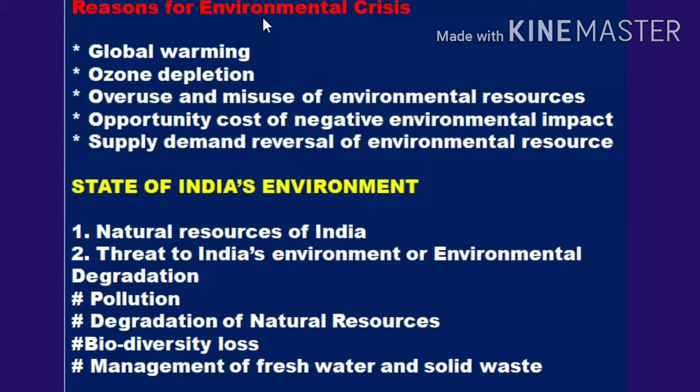Misuse of environmental resources occurs when the atmosphere is harmed by us by not controlling the amount of harmful chemicals and compounds like chlorine and bromine, greenhouse gases, etc. in the atmosphere. It may also result in environmental degradation. So it would create problems like global warming and ozone depletion, as I said.